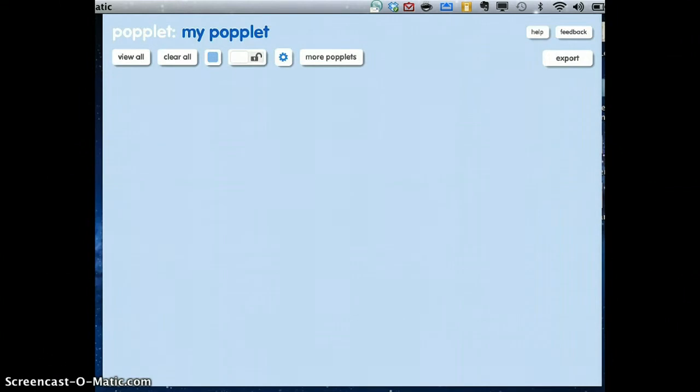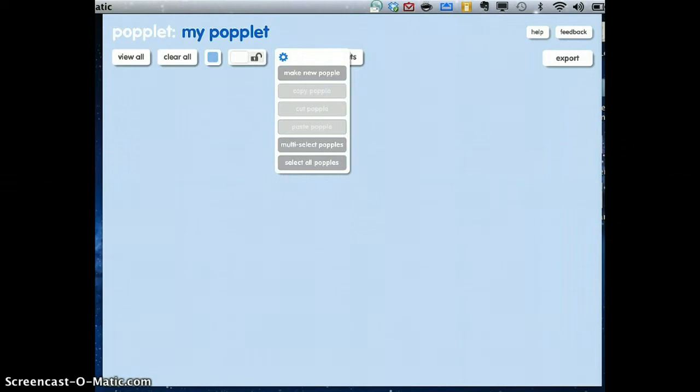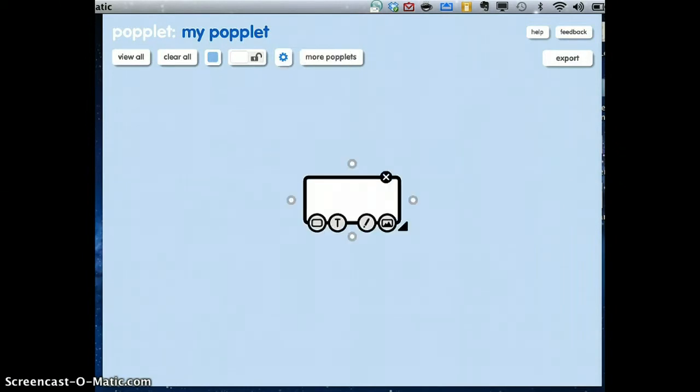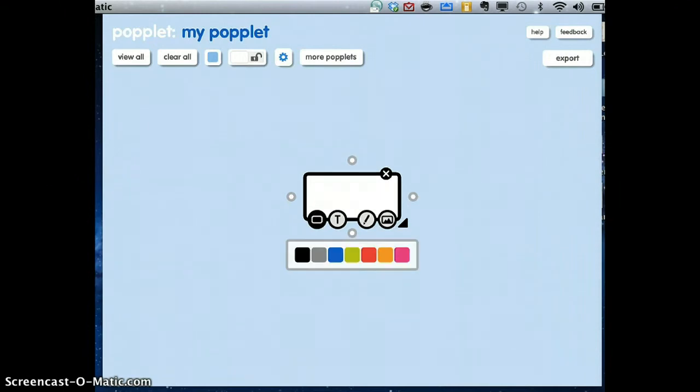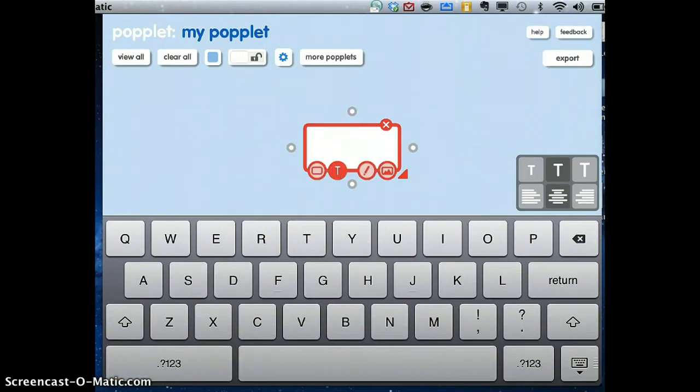First of all, though, let's create our first bubble. In Popplet, they call their bubbles popples. And if I click on that gear along the top, like I just did, I'll make my first popple. Each popple gives you a couple of options. The first along the left-hand side is I can change the color of that popple. This is nice if you're doing something with hierarchies or with various levels because you can label each level according to color. If I move to the next one, we can add text,